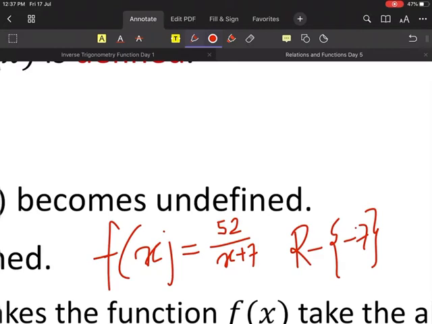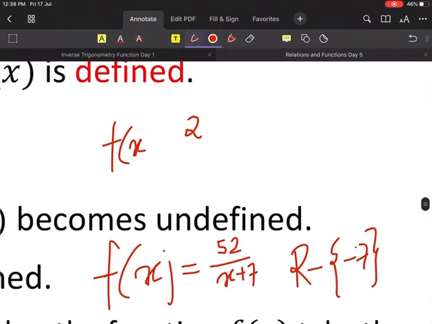Acha, another question from my side. Let's see. Today I will be giving more and more questions because this portion has fewer questions. Let me give you a tougher one. Let's see who can answer. Are you ready? Even if you are not ready, I will give you the question.